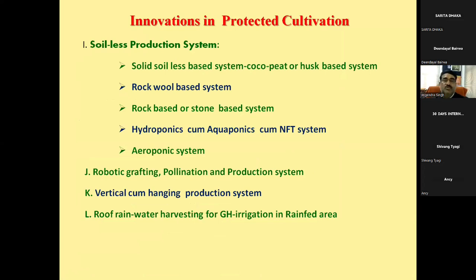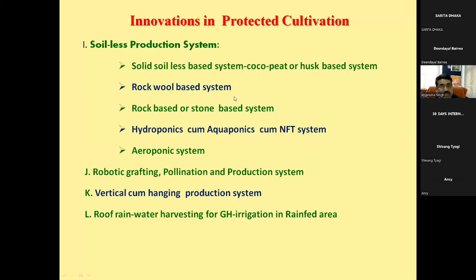So you can show everybody, soilless production system we have divided into 4 groups. First is solid soilless based system. Second is rock wool based system. Third is rock based or stone based system. Fifth is hydroponic, aquaponic, NFT system. Six is aeroponic system. These are the parts of the